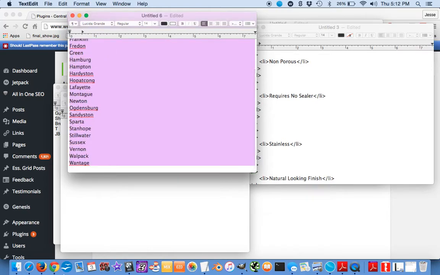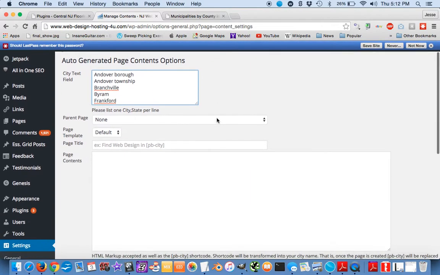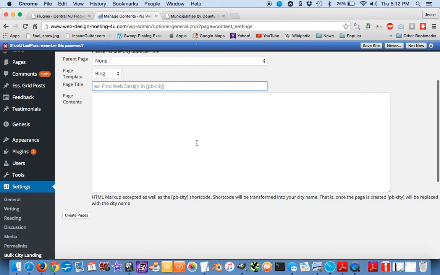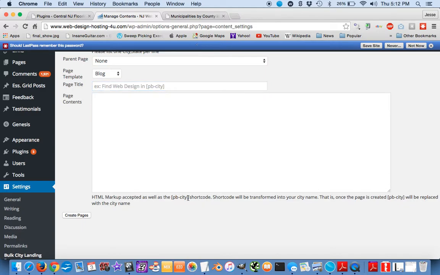And you're just going to copy those towns and put them right in here. All right. Now, parent page, none. Page template, blog. Page title. Now, PB City, this little short code called PB City, which is also down here,